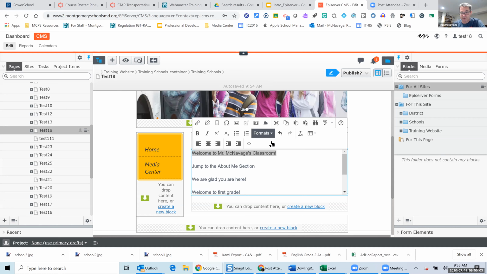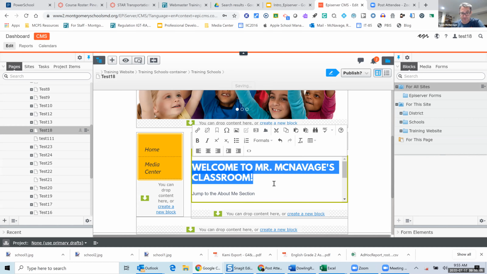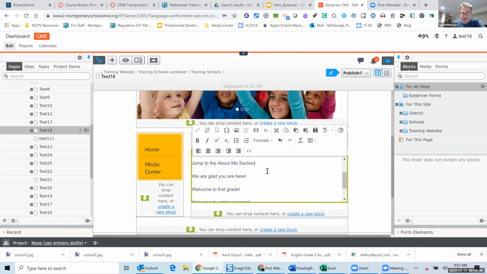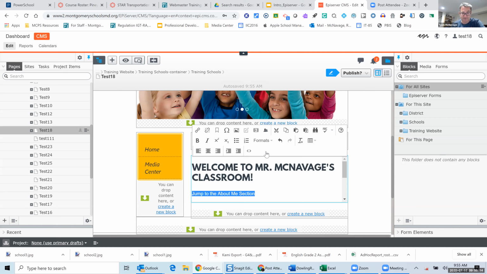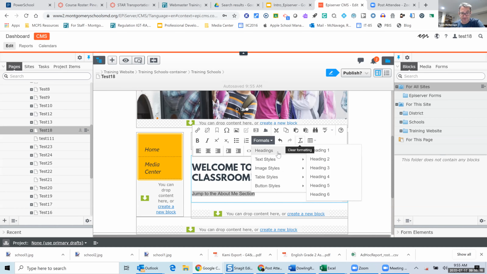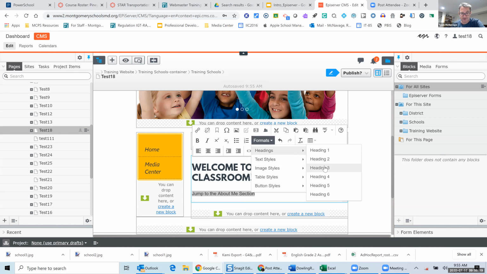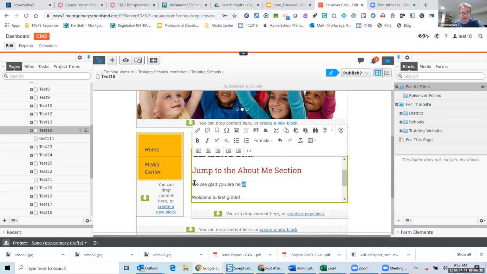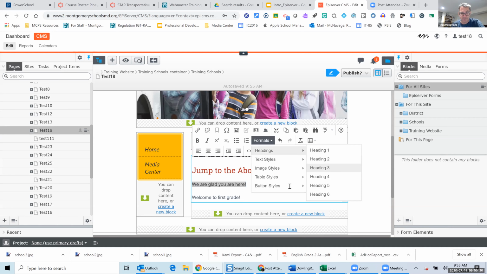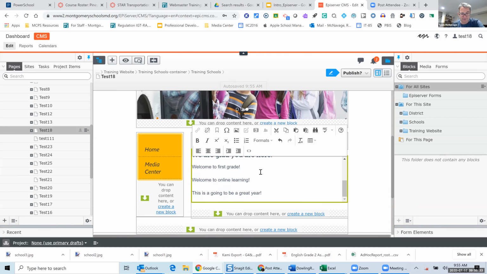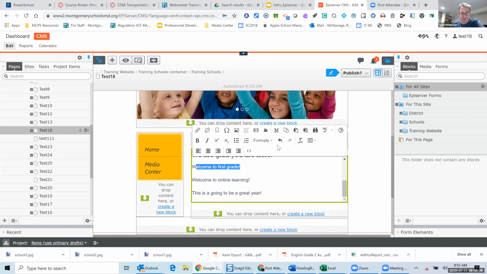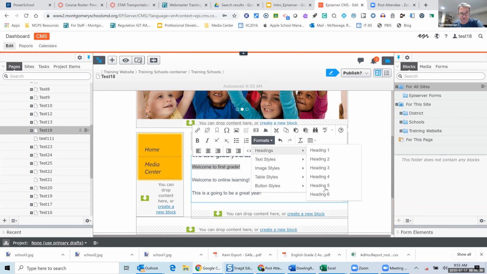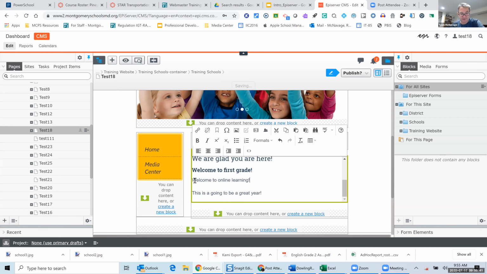I can see at this point, if I go to heading and choose heading 2, I can see what that looks like. Okay, nice and big. The format is already done for me. So I'm going to go ahead to heading and heading 3. So you can see that's in red. And I'm going to just switch our heading styles, heading 4. And I'll just do that with the last 2, heading 5, and then